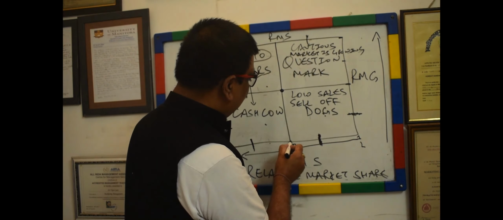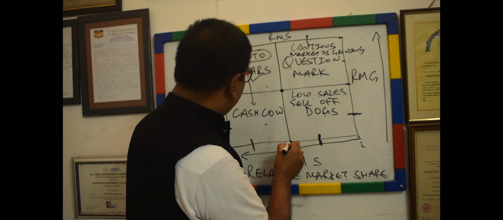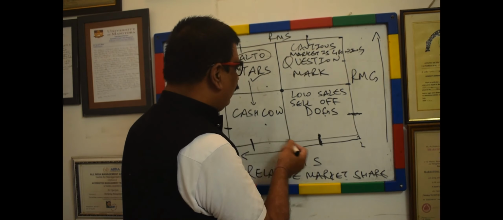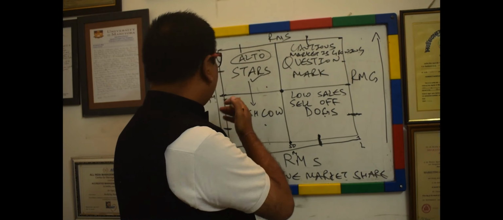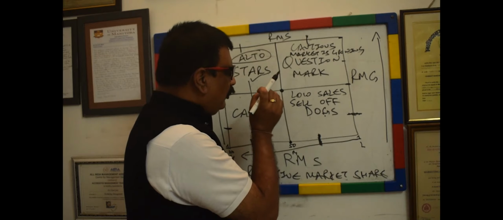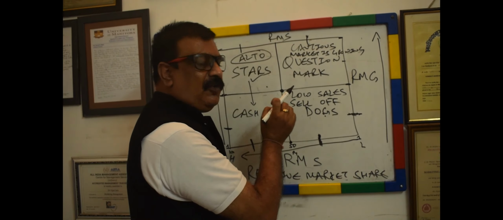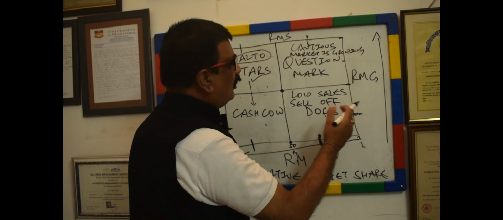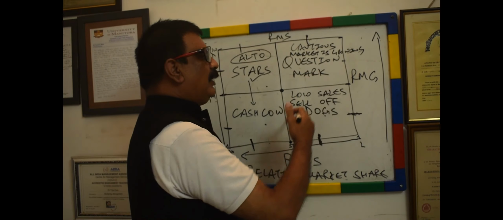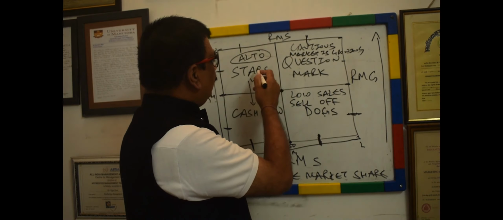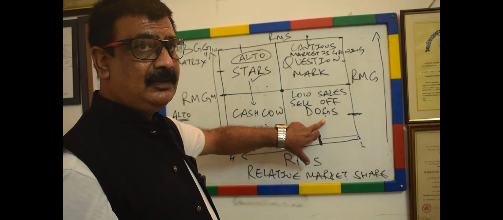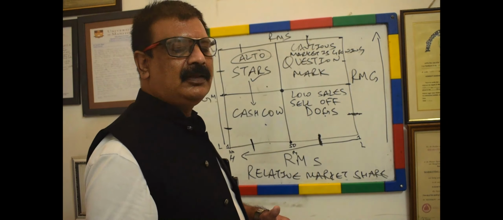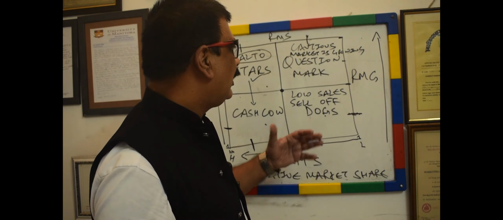In any case, my dear, if you are here and here, then you have already won the 50% battle. In market share, you are 50%. In market growth, it's 50%. So if you do a little bit better, then I don't see you going down as dog. Yes, as question mark, you have to be cautious. And then you can become a star and you can become a cash cow. So dogs, if you fall in dog category, well, move out of it or try to do something, turn around.